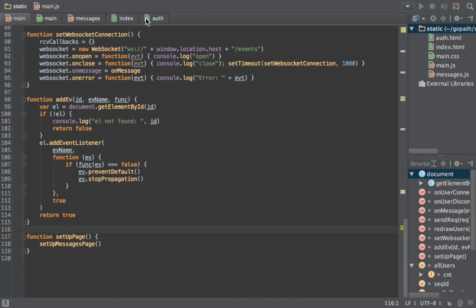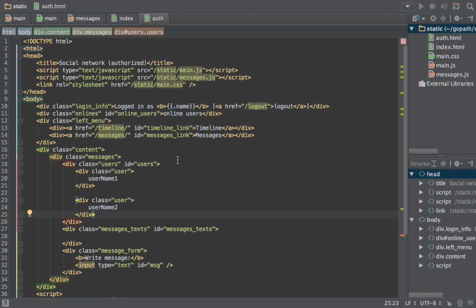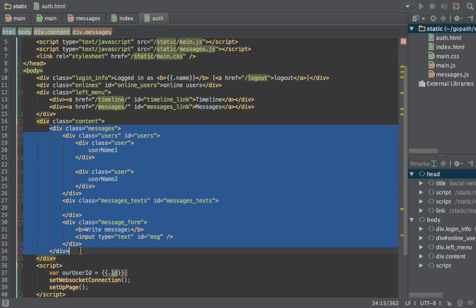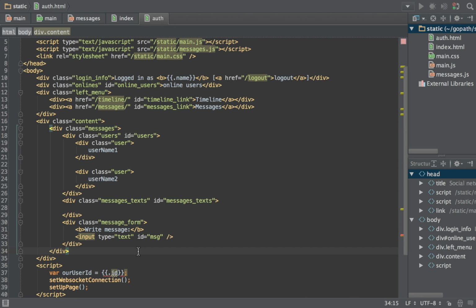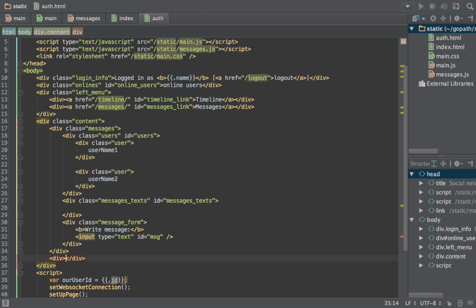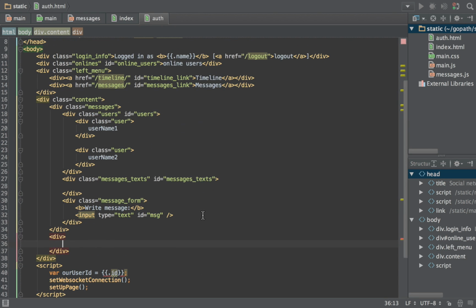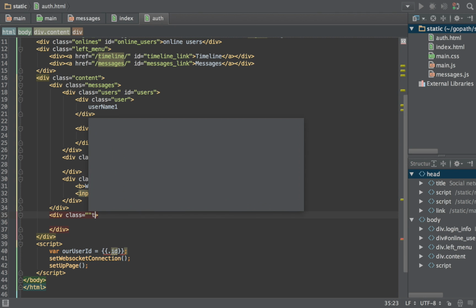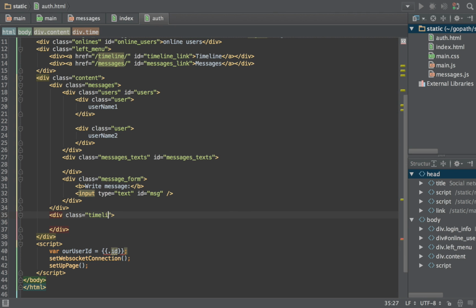And one of the simplest things that we could do is to create another div with the timeline interface and show it when timeline is requested. So we would call it div class timeline,